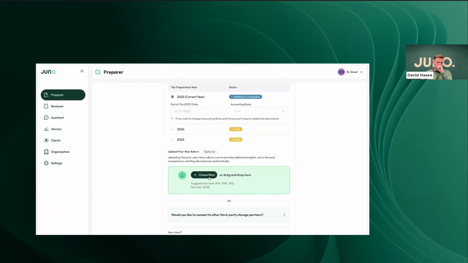One quick comment there that I want to make for folks is we're going to try to pull in the prior year data. We'll have it obviously if you use Juno this year, for next year, but we also are going to try to pull that in more often. It actually helps us prevent errors on the returns. And I'll give you a really interesting one. We can actually identify and prevent errors even on extraction of source documents for a 1040 as an example,